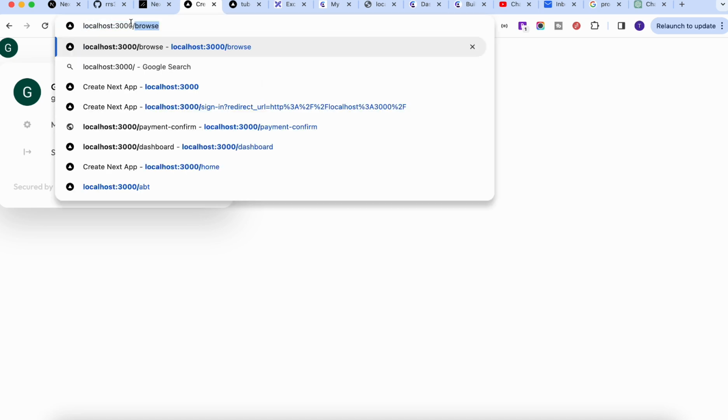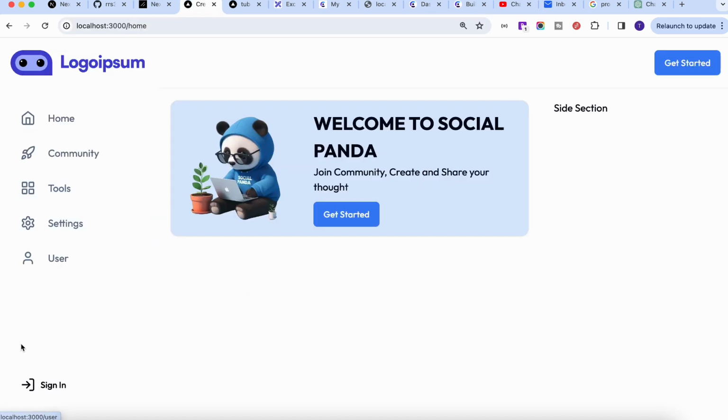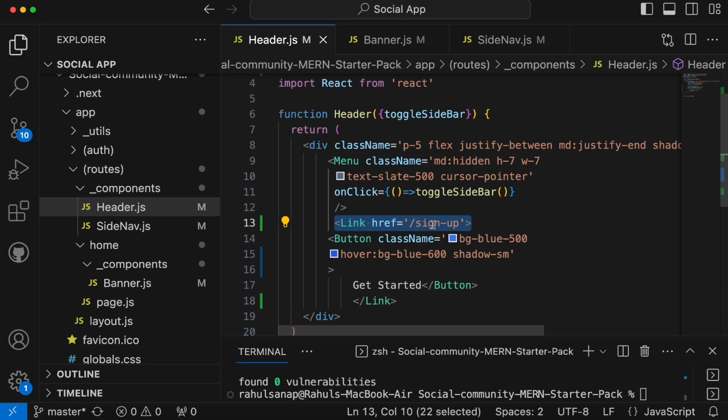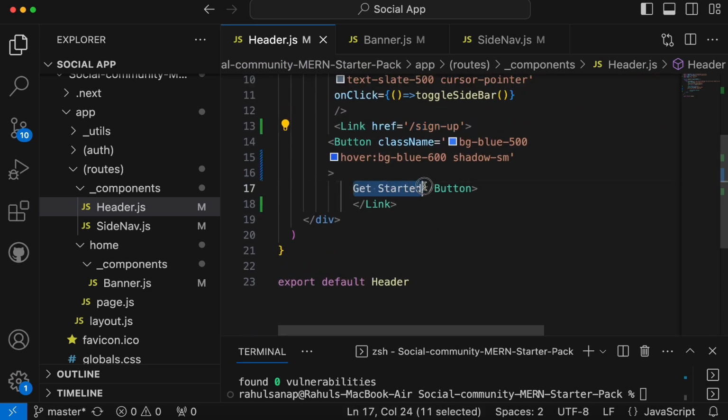And now I sign up, and if you see, I am able to see this user image. Okay, but let's go to this home page now. And still it's showing this sign in and get started button and everything. So we have to make sure that when the user is signed in, this particular button will get changed and this banner will get hidden. So first things first, let's go to this header and let's change this get started